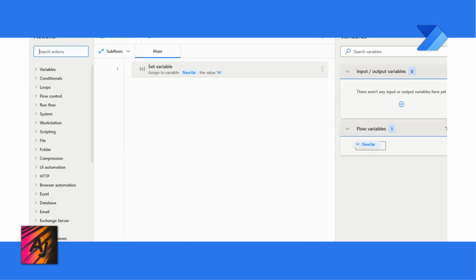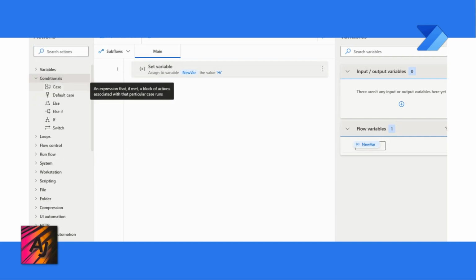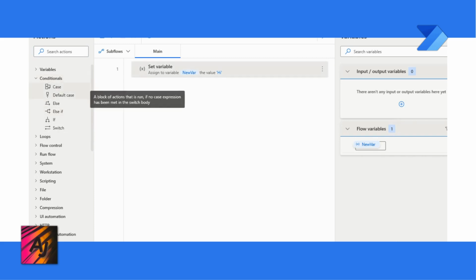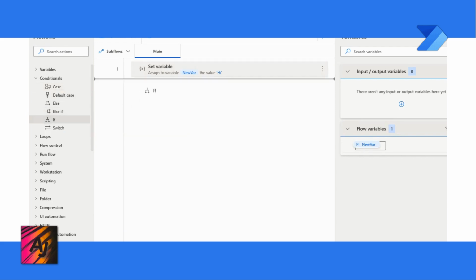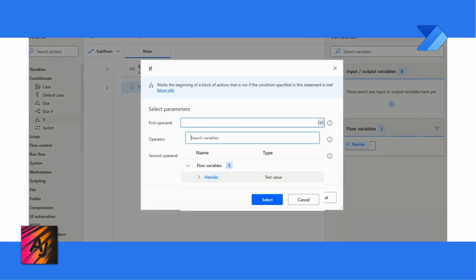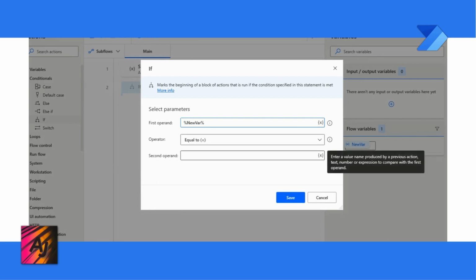Next, search for Conditionals in the Action search box and drag the If condition from the Action panel to the main panel. Once it is included, a pop-up will be displayed, showing the options for first operand, operator, and second operand. Select the previously added variable as the first operand, set the operator to equals, and provide the required value